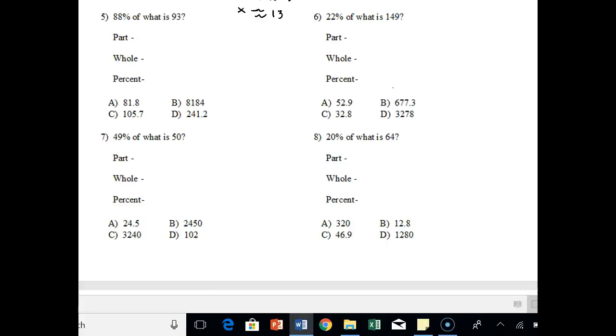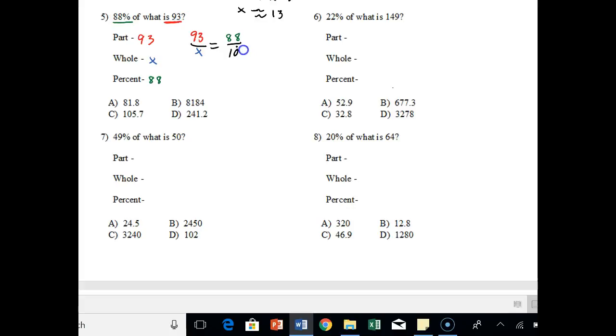So we're going to continue to work with the percent equation. So 88%, it's a percentage of what is 93. So notice the "is" is attached to the 93. That means it's a part. So we don't know our whole, the "of what", right? I'm actually going to erase that because we're going to write above that in a second. So we have 93 over x, this is the first time we don't know what our whole is, equals 88